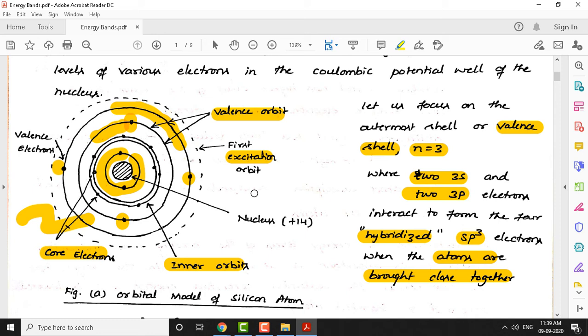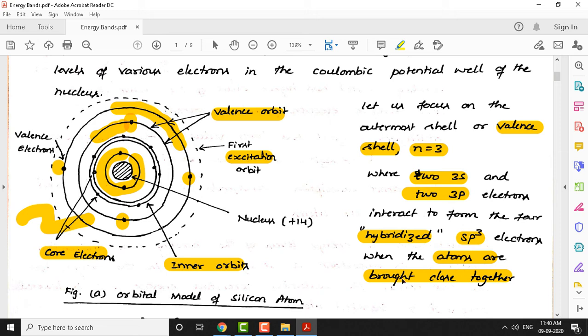One more concept we would like to understand is the interaction that happens when you bring many atoms together. It forms a hybridization. Hybridization means the energy levels get changed; the electrons adjust accordingly and form what are called sp3 orbitals. The states, the electrons themselves, get adjusted. That is called hybridization, and it forms sp3 hybridization orbitals. I will explain this sp3 hybridization a little later.